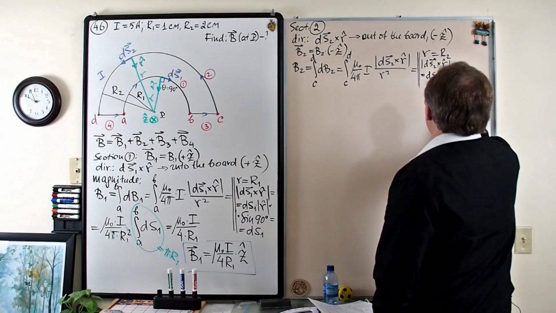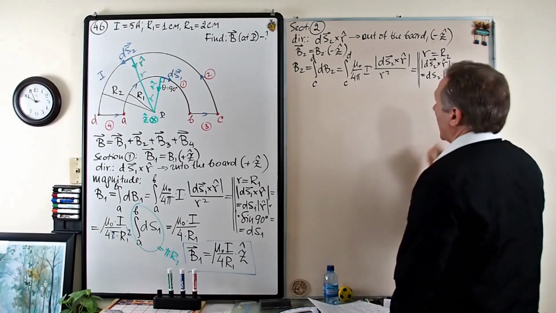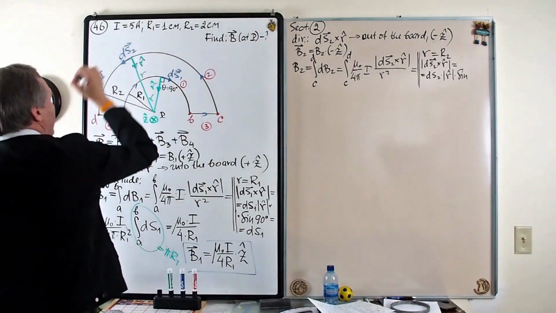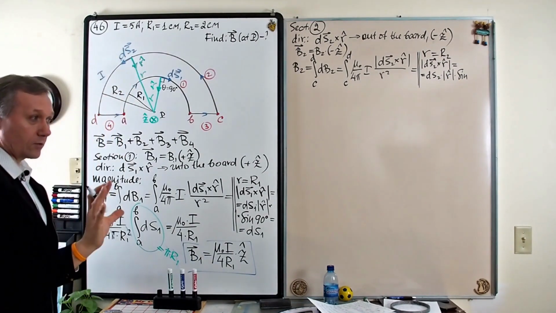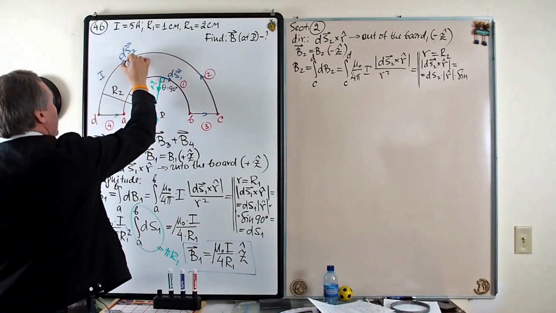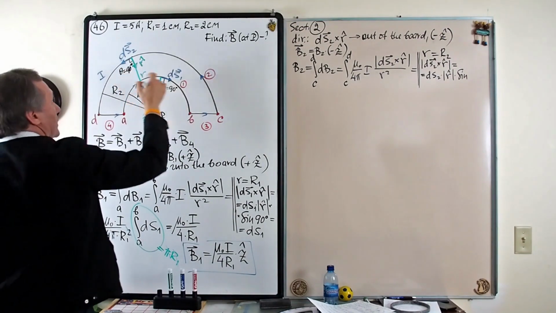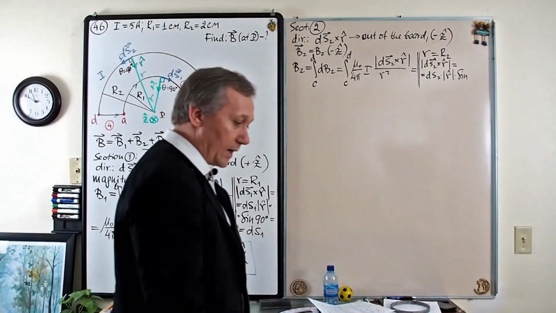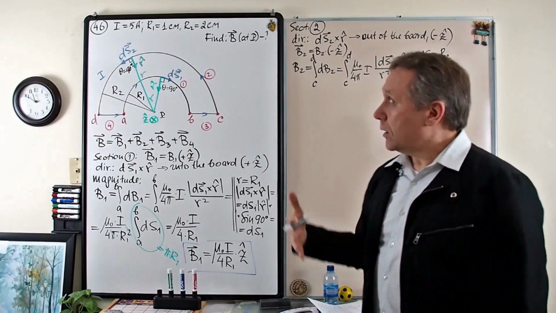So ds2 times absolute value of r hat times sine of the angle between them. And again, what's the angle between them? You see both of these vectors are tails, so both vectors are at the same point. So that is the correct configuration, and as a result, that is the angle which we need to use in that cross product, which is again 90 degrees, because every time the angle between the tangential direction and the radial direction in the circle